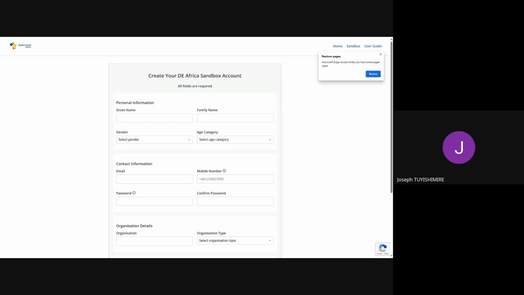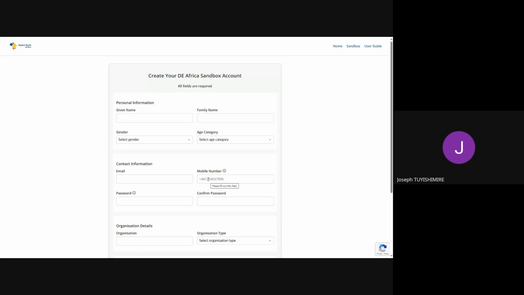Okay, thank you. Actually, I'm showing you how to create a sandbox account. You put your given name, your family name, the gender, the age category, your email, and your phone number with the country code.